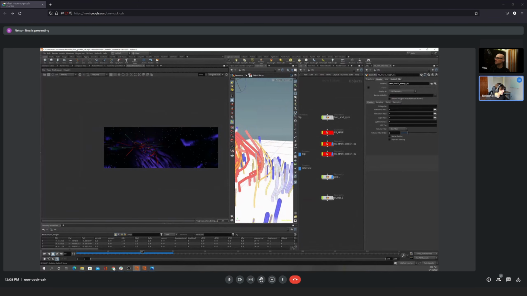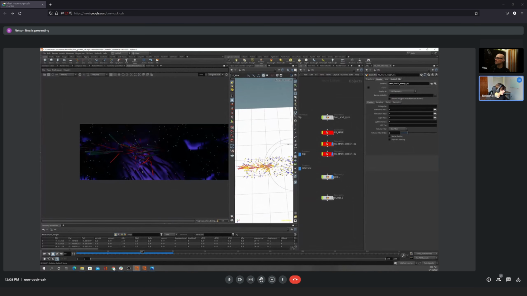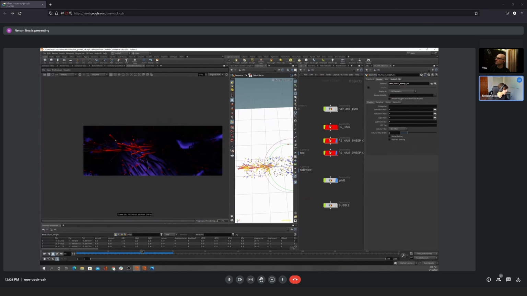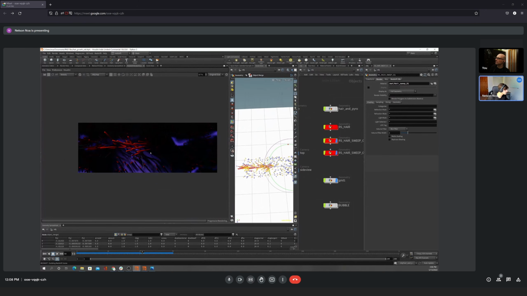So I guess what we could do is bring more of these, right? So maybe we could switch the focus. So maybe these outside ones could be sweep 01. And these inner ones could be like sweep 02. Like that. So now if we render,